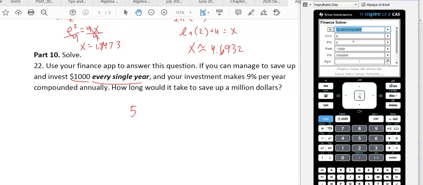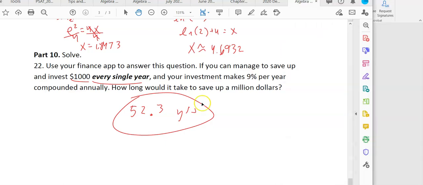It will take 52.3 years to do this. So $1,000 every year, 52.3 years later, you'll be a cool straight up millionaire. That's amazing. So that was the review for